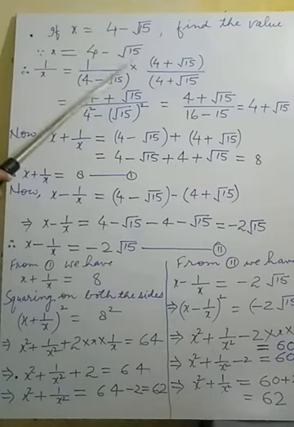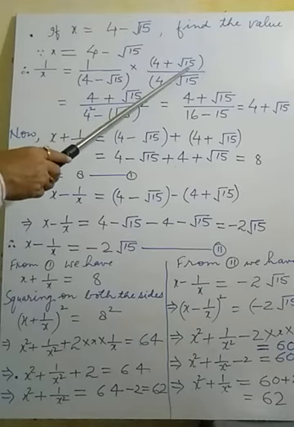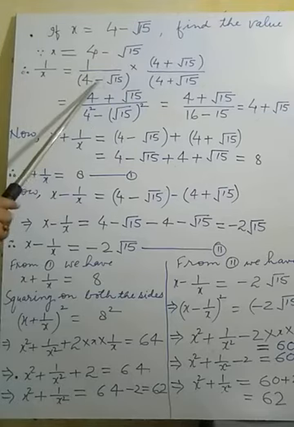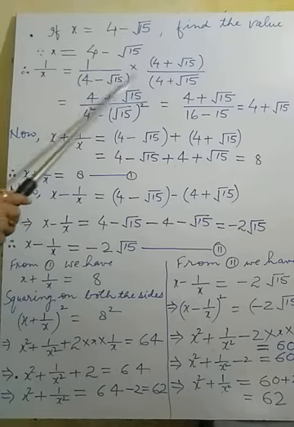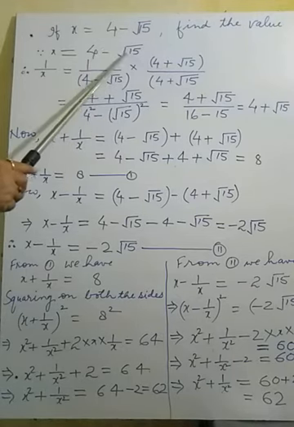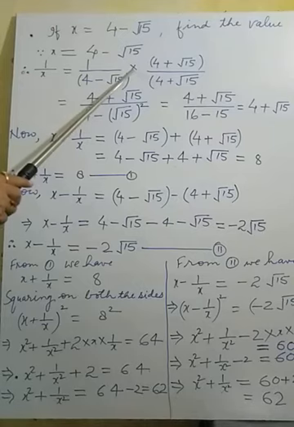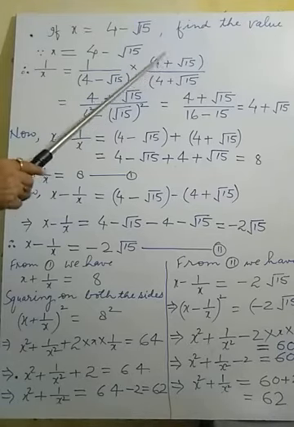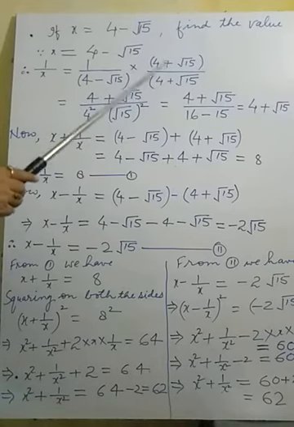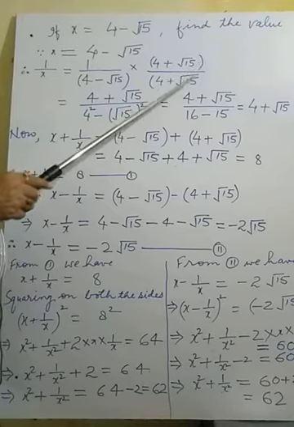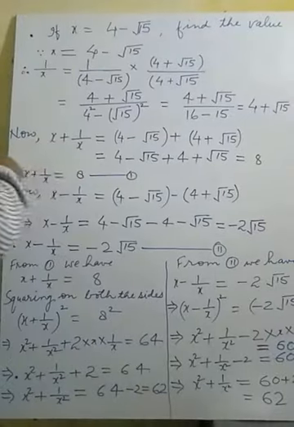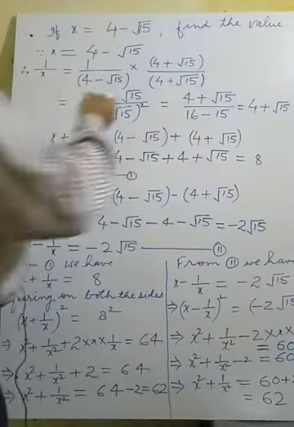Now see, if we multiply 4 plus under root 15, I told you to keep it in brackets because this one is binomial, this one is binomial, this one is also binomial. So these will be kept inside the bracket. Although a bracket is not there here, before rationalizing the denominator, when we multiply with the rationalizing factor of the denominator, we have to multiply both numerator and denominator, but this rationalizing factor will be kept inside the bracket. So for this purpose, a closed bracket is needed here also.